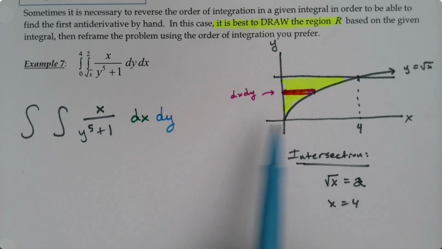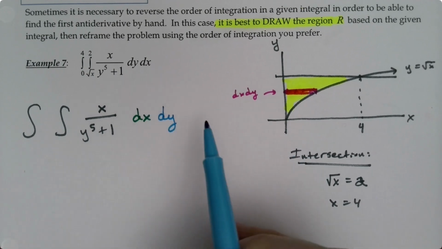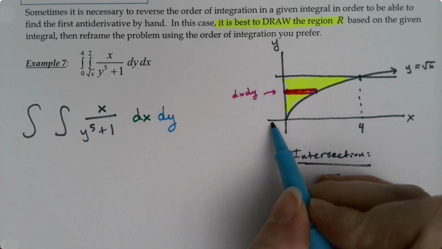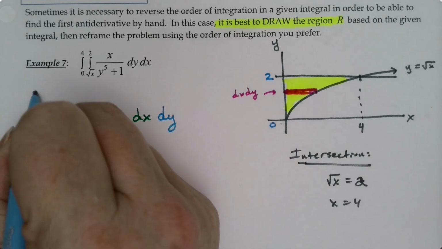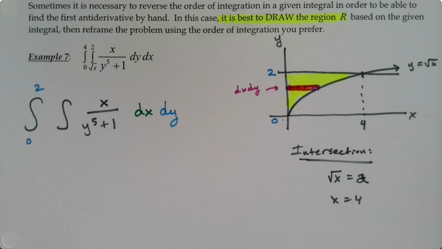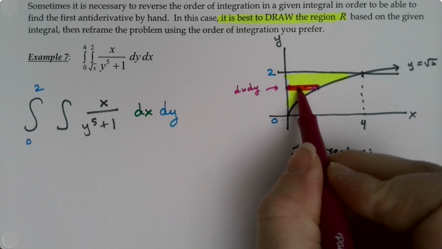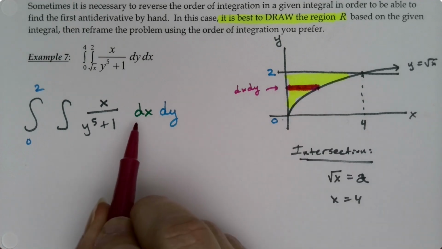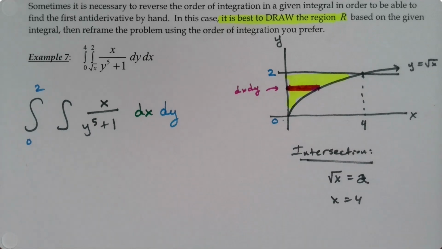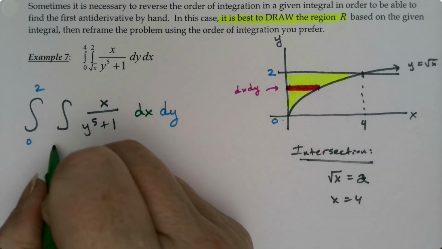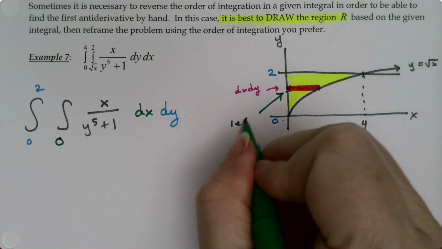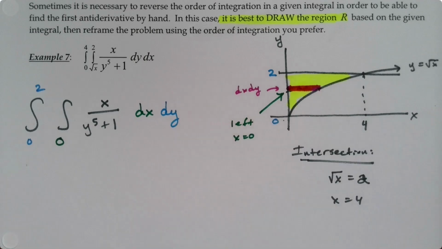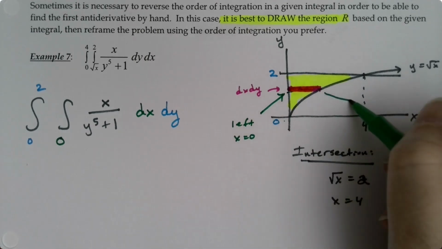Okay, so y is really easy because you just have to go from 0 up to 2, right? So your y values are 0 and 2. Remember that last integral has to be constants. So that's great. But now we need to figure out the left and the right-hand edge of this box to figure out our x values. Well, the left-hand edge is easy. The left-hand edge is x equals 0, right? So I'm going to make a little comment here. The left would be x equals 0. Over on the right,